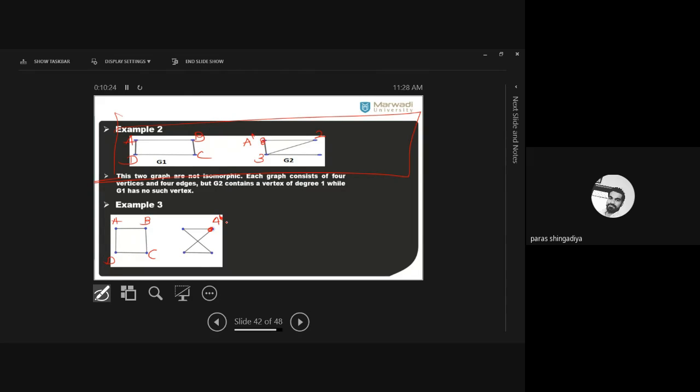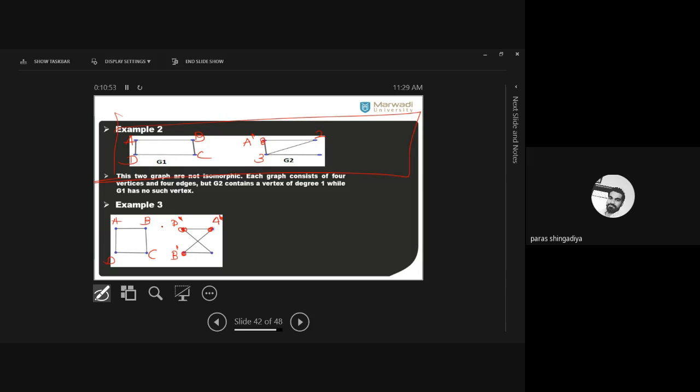Okay. So A is adjacent with 2 more vertices. The degree is 2. That clear? So which two places? This vertex and this vertex, which are adjacent with A dash. Okay. It has also degree 2. So we can consider here, let us say, D dash. Okay. And here the vertex is B dash. Clear? These are the images of D and B. Clear? And now one more place is left for C.